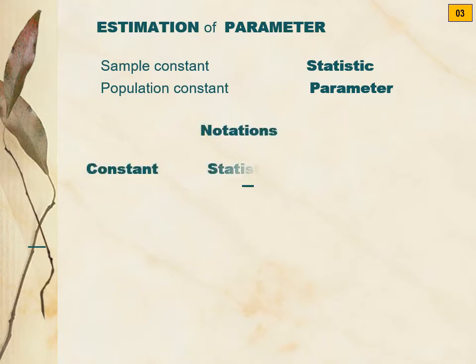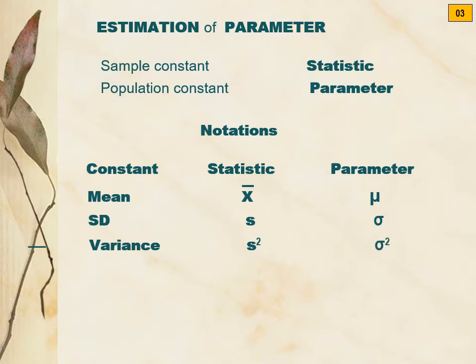For example, let us see some constants. You know that mean, if we get the mean of the sample, it is denoted as x bar, which is statistic. If all the units of the population are involved and then we calculate the mean, then that is parameter and it is denoted by mu. Similarly, SD of the sample, which is statistics, is denoted by small s, and the population SD is written as sigma.